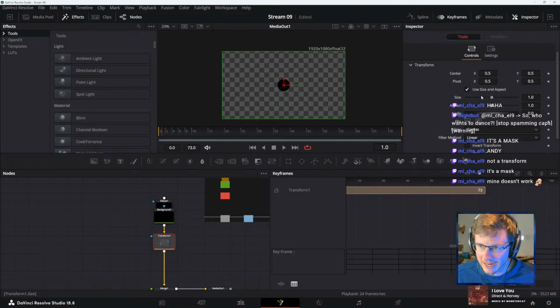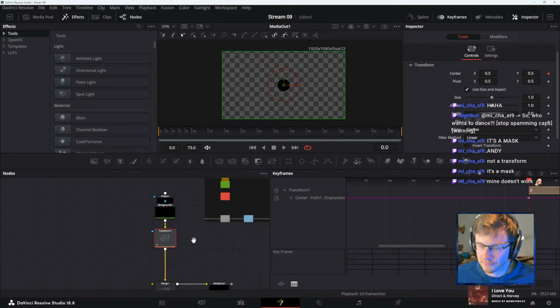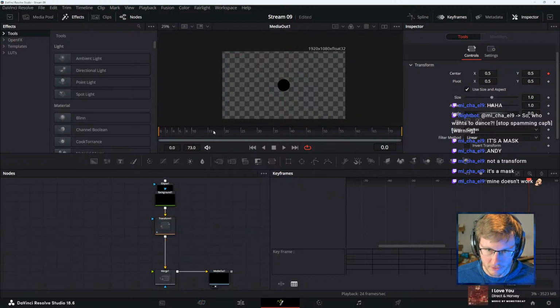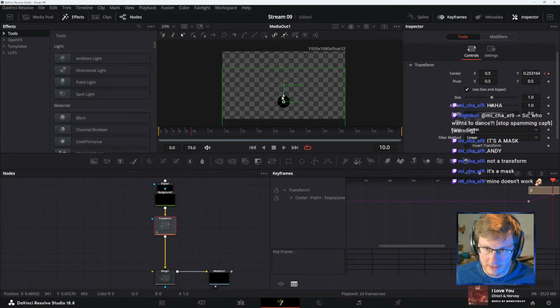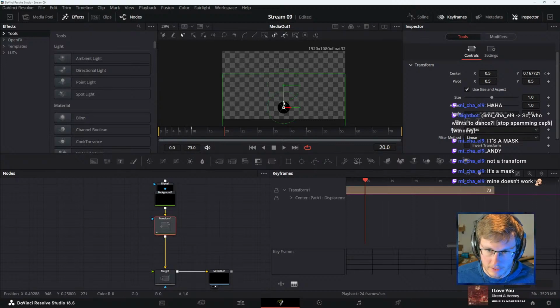Let's try that again. I want to animate this thing. I want to make this ball bounce. Let's see. I'm going to start here. It goes to here. We're going to block it out, right? And then at frame 10, it's going to be down here. And then at frame 20, it's going to be back at the top, back where it started.